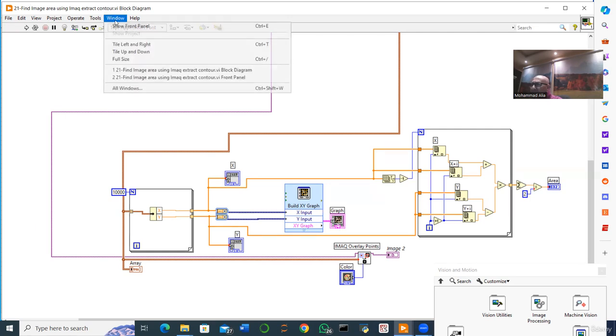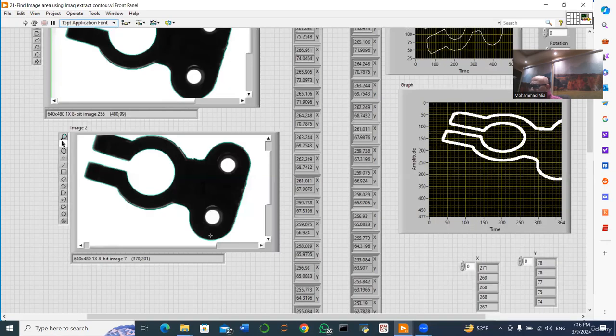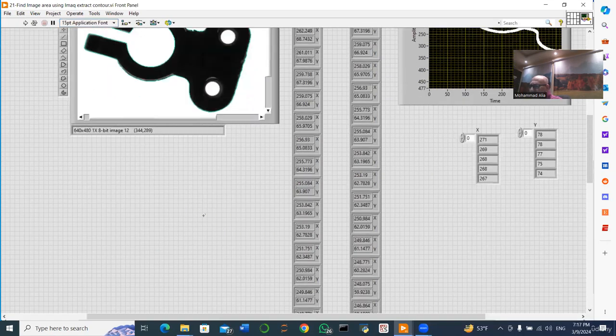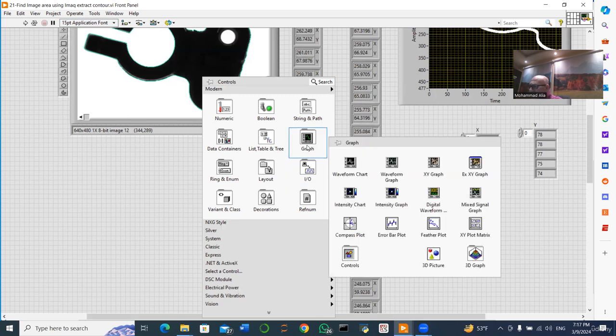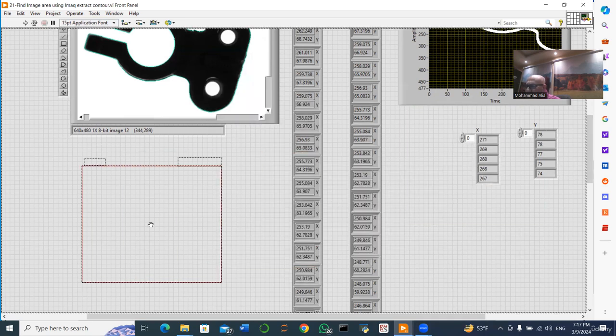Where it lies, how it works: if you go to any front panel like this and you right-click here, you come to graphs here. One of them is Express XY graph. If you take it and put it here,